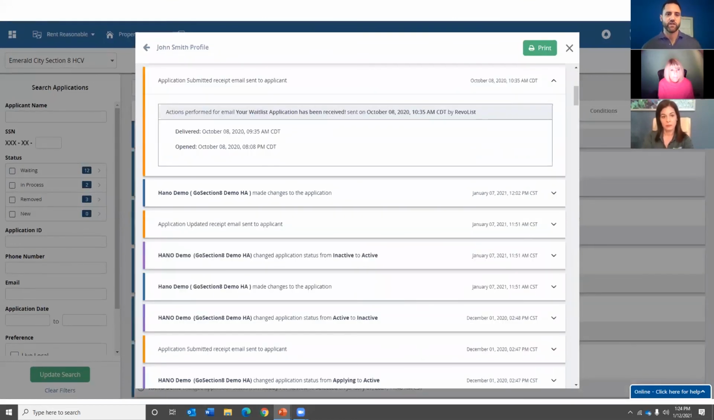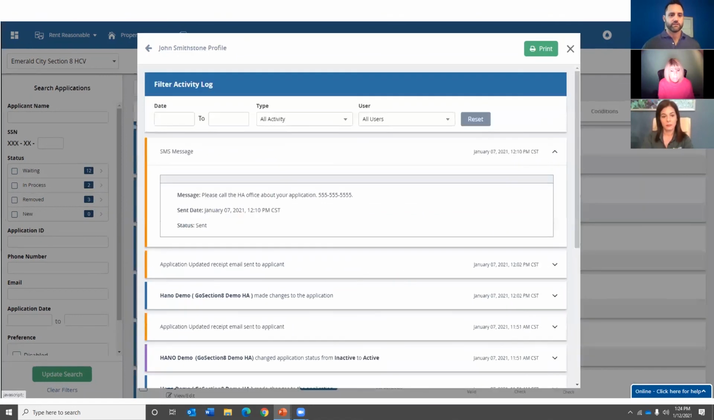Other types of activity are communication activity. In this example, we've sent an email. It was delivered on October 8th, 2020, and it was opened on this day. So you'll be able to track to see if somebody got your communication and read it. That's similar with text messages. You'll be able to view the text message you sent and the date and the status. So any activity on an applicant is always saved here in this activity log, which is very important,